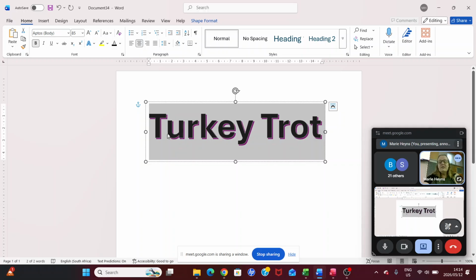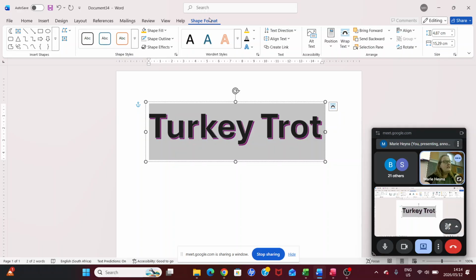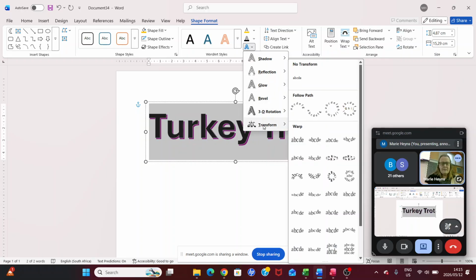Okay, so we have our little words here, but now we are going to format our shape. So we are going to click on Shape Format, and then here at the bottom it says shape. Actually, I think it's here where you can do a transform. Underneath this A that looks like it's glowing, you can click on that and go to Transform.